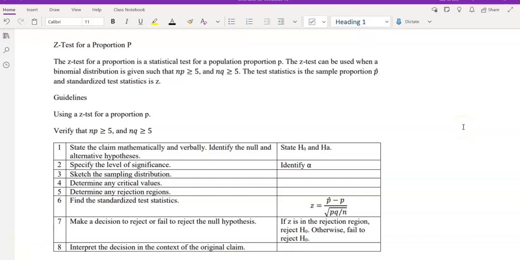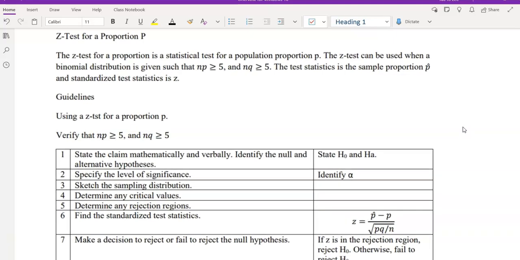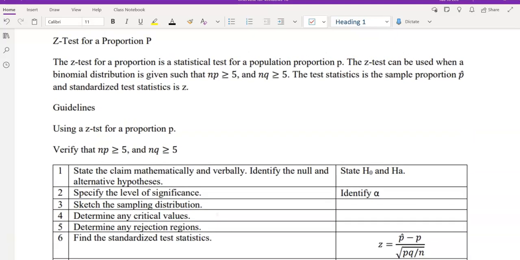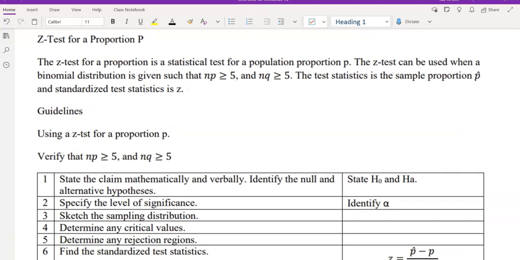So this time we will do the z-test for a proportion p. Look at these explanations. A z-test for a proportion is a statistical test for a population proportion p. The z-test can be used when a binomial distribution is given such that